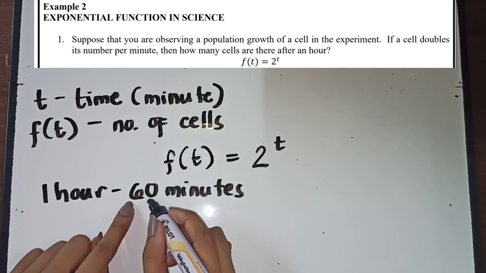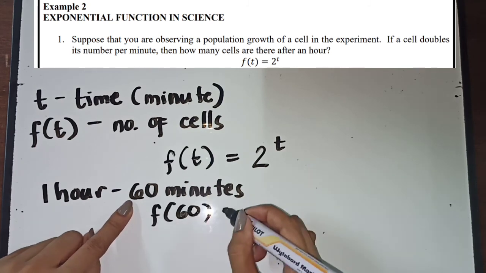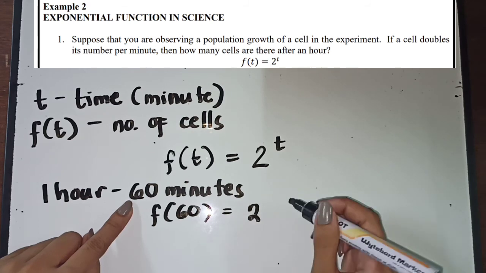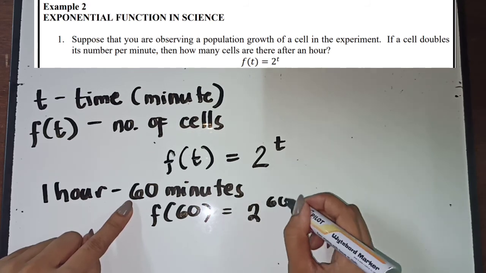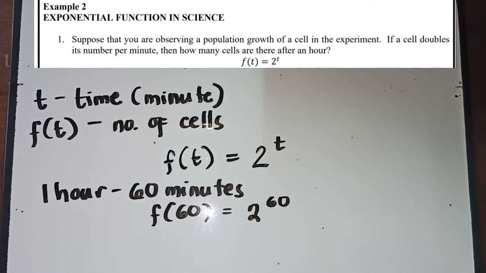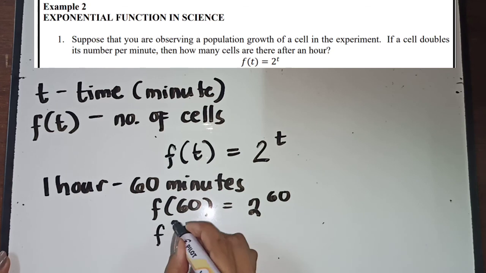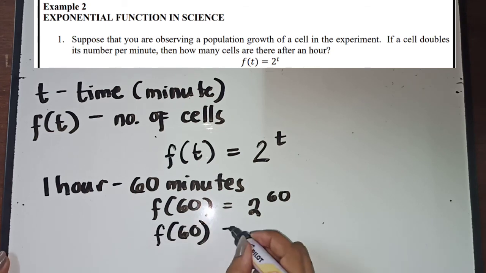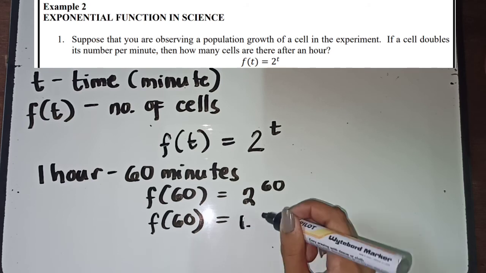So this will be the value of your t. So f of 60 is equal to 2 raised to, the value of your t is 60. Okay, so next, we have f of 60. And this 2 raised to 60 is equal to